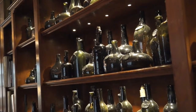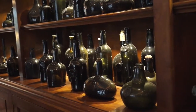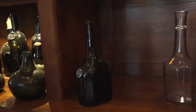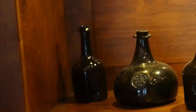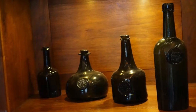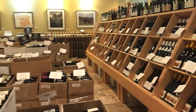Before English glassmakers discovered how to make clear glass vessels, wine was often kept in dark glass bottles, and the earliest glass decanters echoed the shape of their era's bottles. But unlike bottles, which, over time, underwent a logical evolution toward a standardized body, a shape that would make them easier to commercialize, ship, and stack,